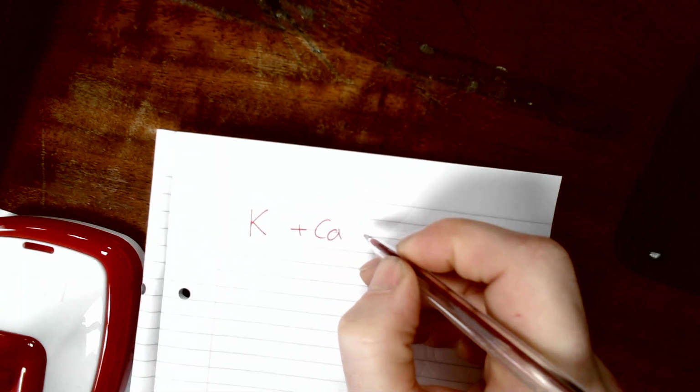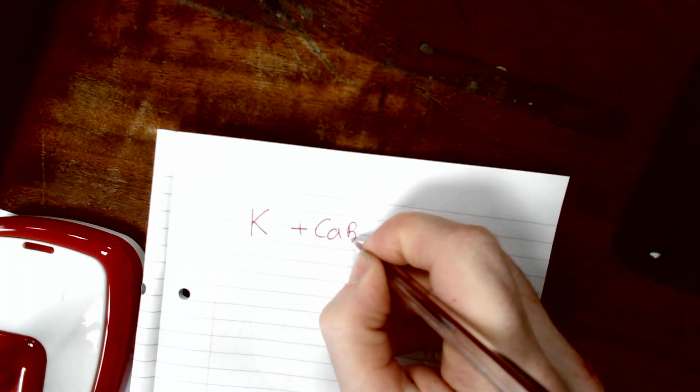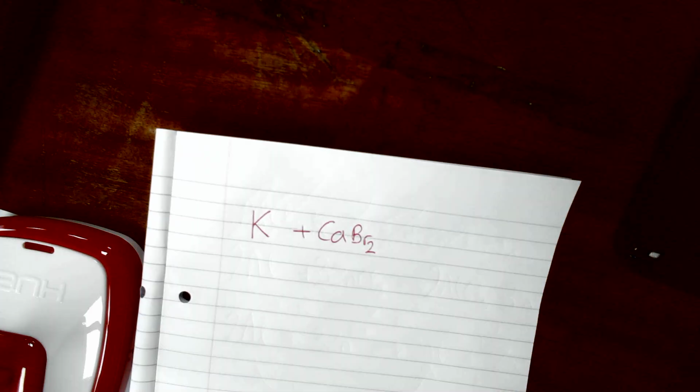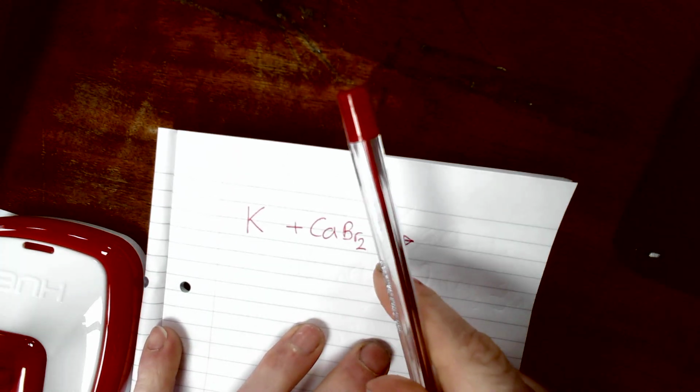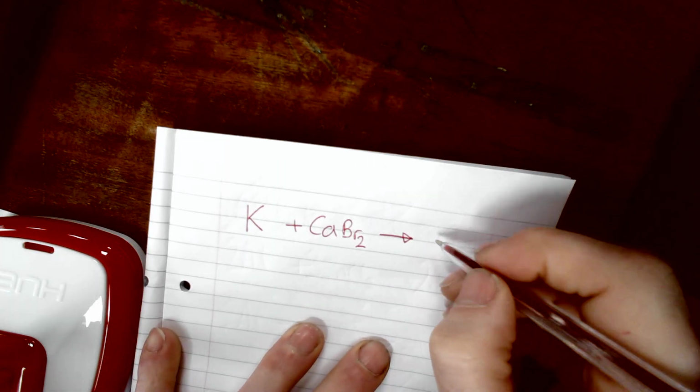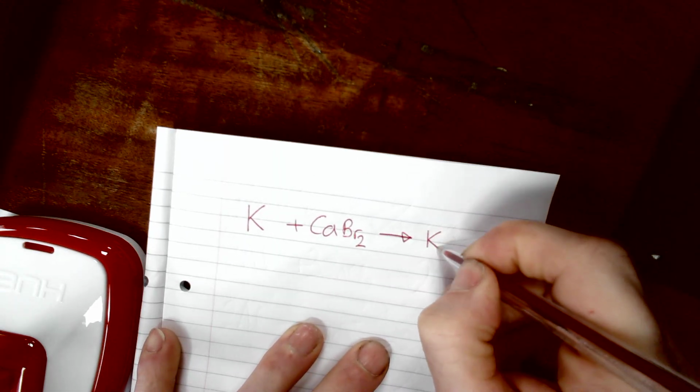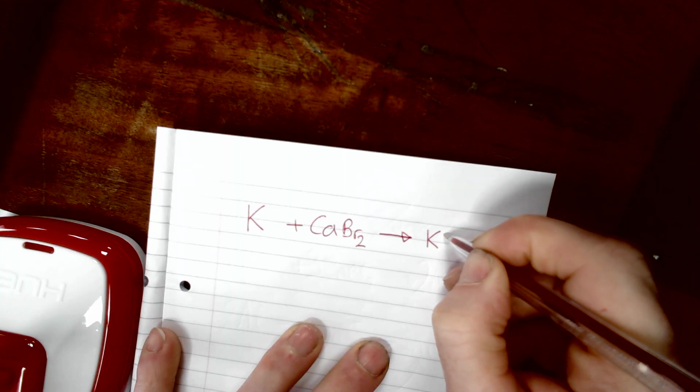So poor. Right, potassium, a reactive metal. I'm going to put a plus in there before I try and write anything next to it. That will save me. Potassium is going to bully some calcium. I'm going to make it calcium bromide. Ooh, it's a different size football. Don't worry about it. Just a football. Basketball. Nice. Like that looks. Very good. Right. And then you're going to go KBr